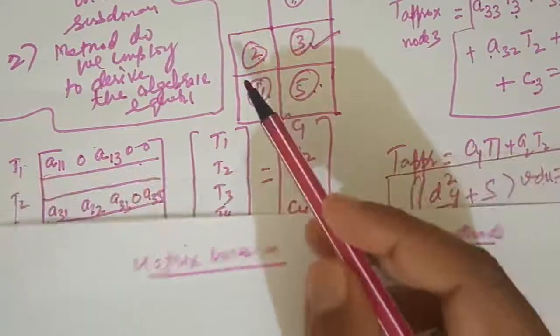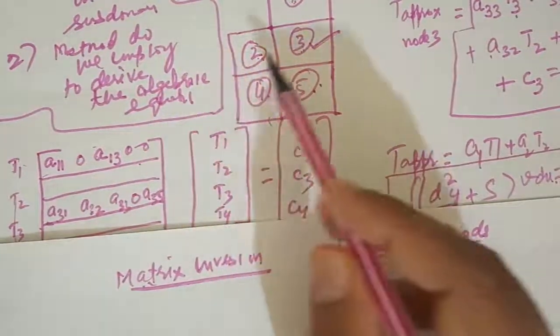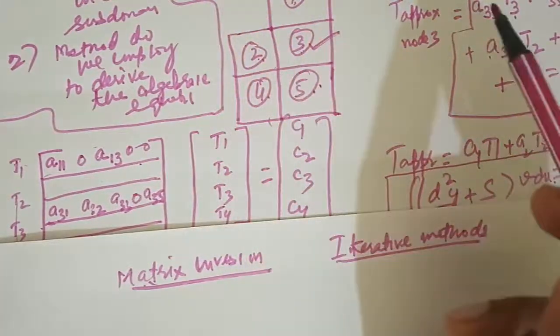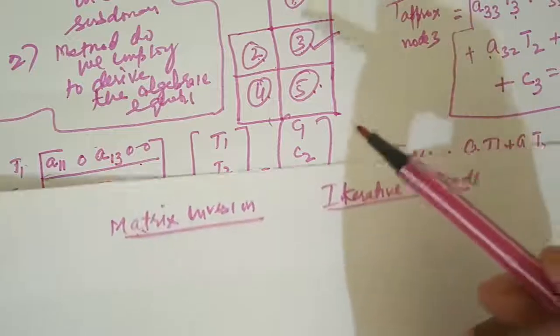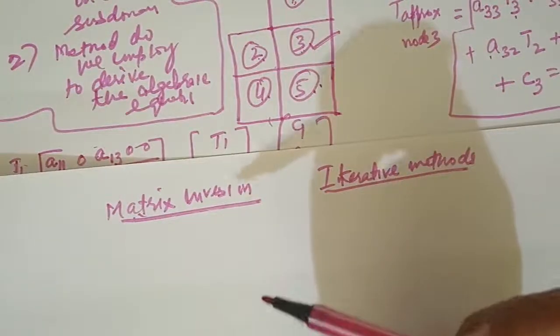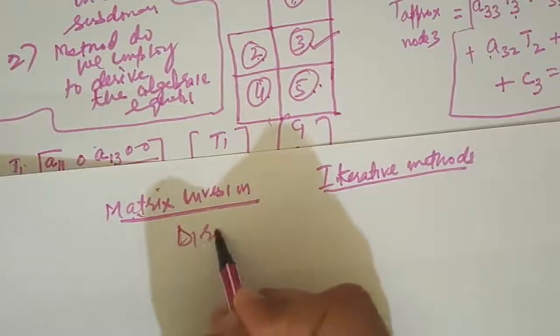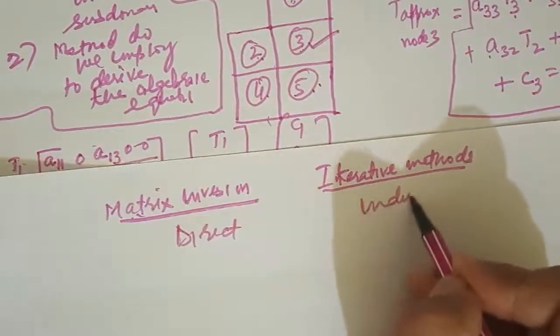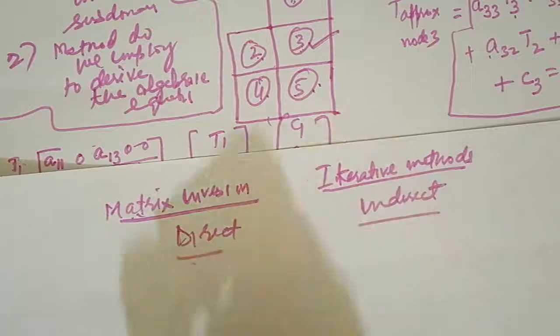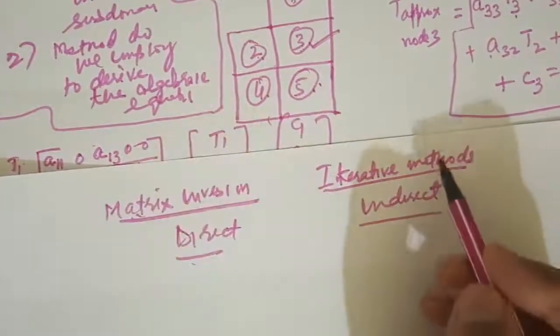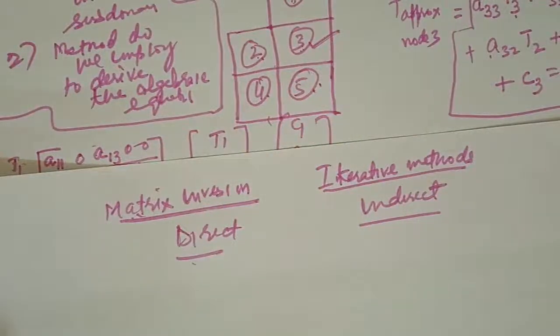These will be dealt with in detail in subsequent discussions, but as of now it should be clear that the set of algebraic equations that we get after the mapping from local to global indices procedure, we essentially solve using direct or indirect methods. In direct methods, an example is matrix inversion. In indirect methods, it is iterative methods.